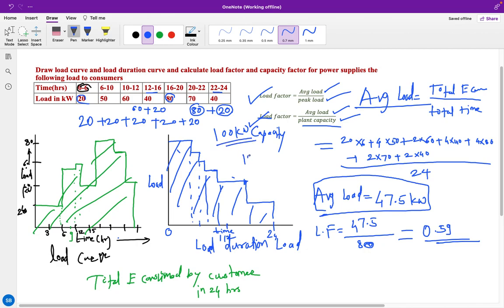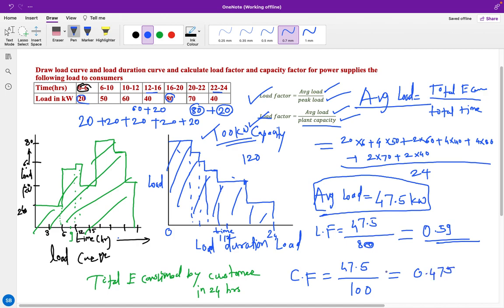Here you can consider 120, 90, anything. It depends on you. But particularly, whenever we add reserve capacity, just see the minimum load and add it to the maximum load, and you will get the capacity. It totally depends on you how to consider the plant capacity. Now we will consider 100 kilowatt as the plant capacity. So using that, the capacity factor will be the average load 47.5 divided by 100 kilowatt, so it will be around